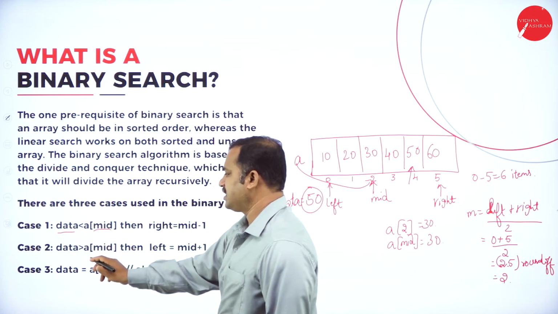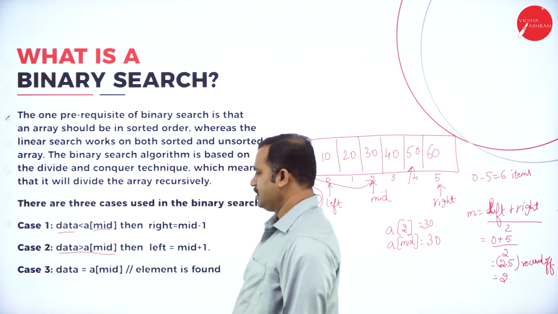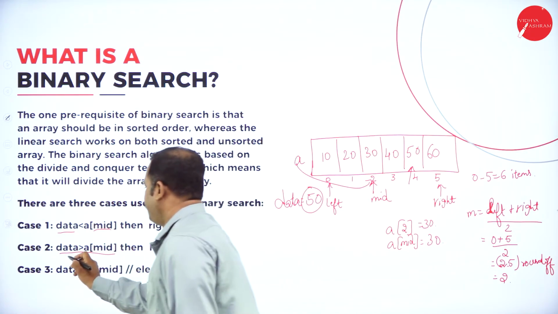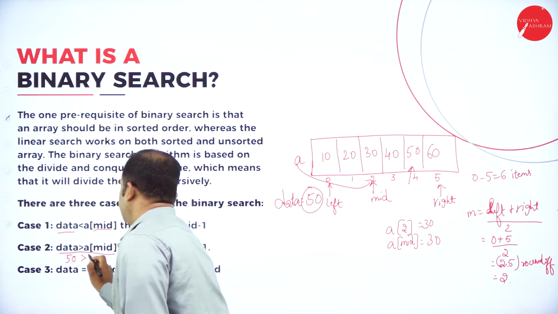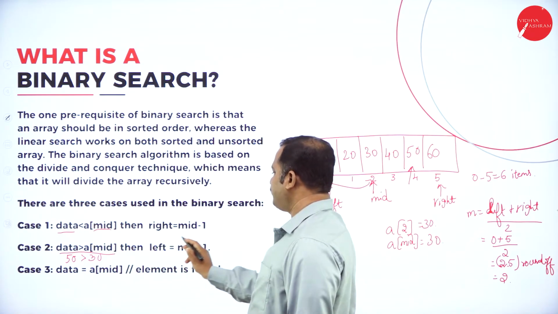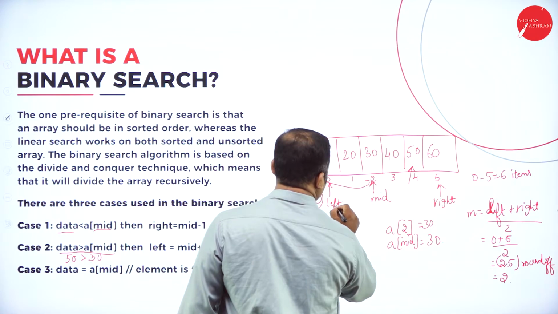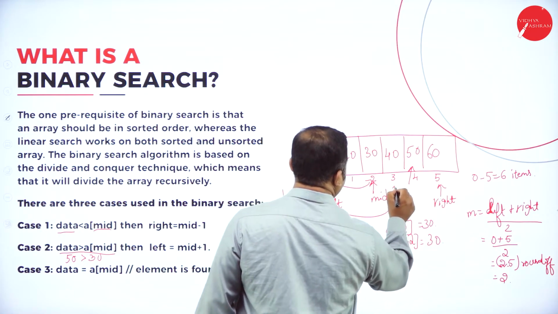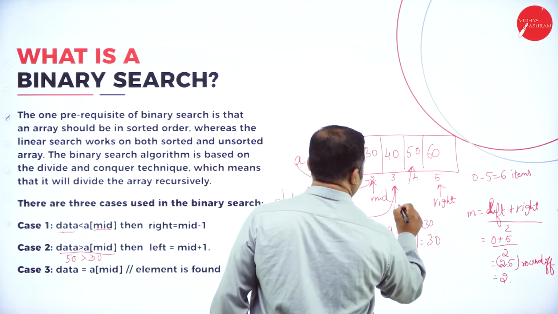Possible case, second case: data is greater than A of mid, that is 50 is greater than 30. Then left is equal to mid plus 1. What is the meaning of that? I will shift the left from here to the mid plus 1 position. Now this becomes my left